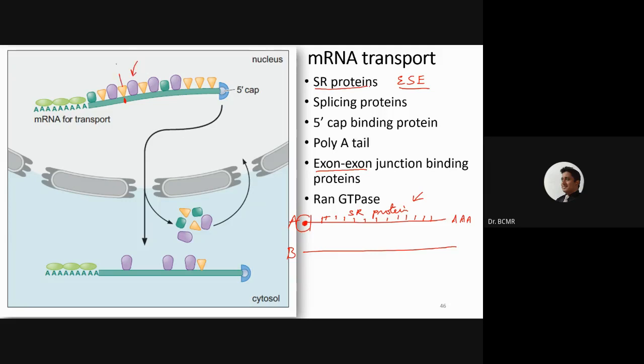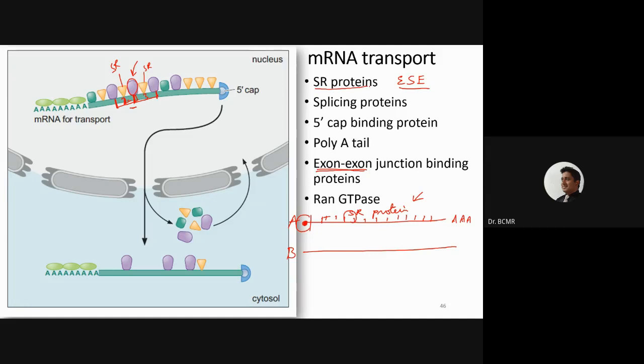So these are SR proteins, and assume this is one exon, and you have the next exon binding. The exon will be coated with SR proteins. In the middle of those, at the junctions where exon 2 and exon 3 are bound, there are proteins that bind there, called exon-exon junction binding proteins. So if an mRNA is filled with SR proteins and has the exon-exon junction binding proteins, then